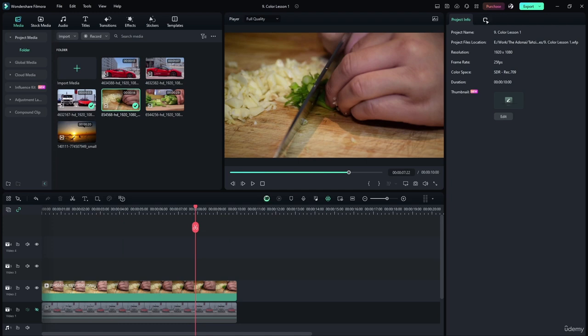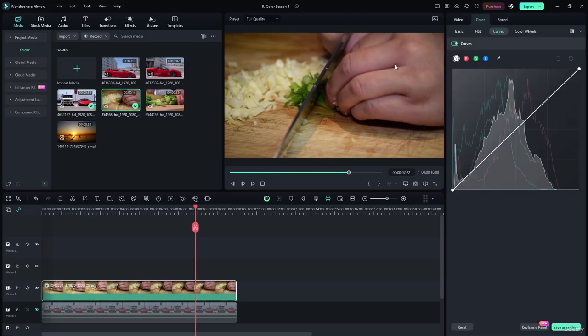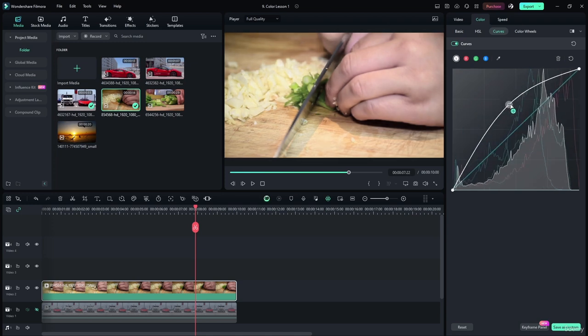So I'm going to go to where most of the greens of this video is shown, and I'm going to go to curves over here. So the Y curve over here, the line over here represents the whiteness, the Y that is. If I were to click and drag on any part of this white curve, it's going to change how the light works or how the whiteness works, and you can see the chart or the graph where the whiteness is shown here. The entire spectrum. So if I were to increase this, as you can see,